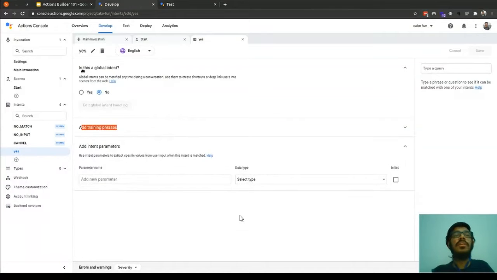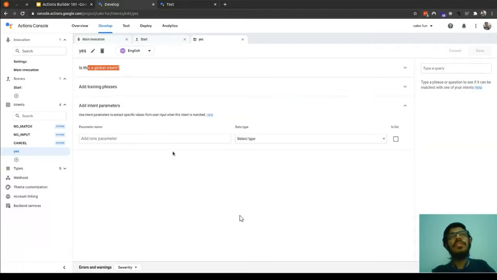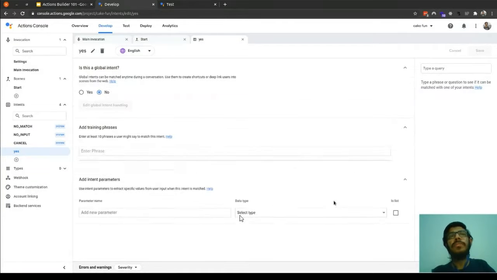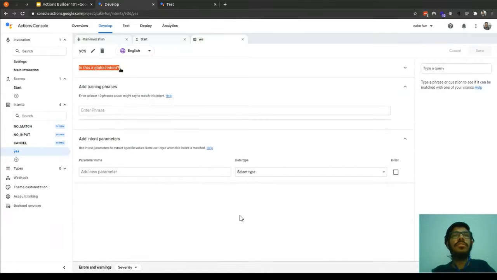Let's see what exactly is going on over here. It says, is this a global intent? No, that's not a global intent, because after we are into the conversation, if out of nowhere the user says yes, that doesn't mean anything to our application.